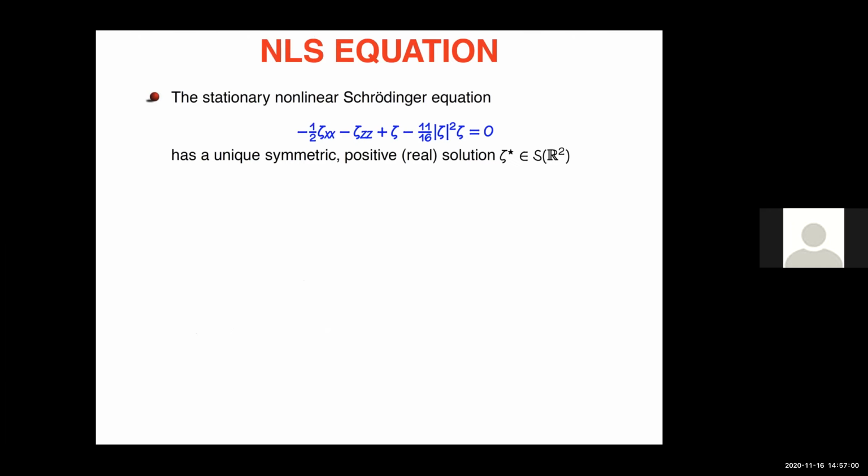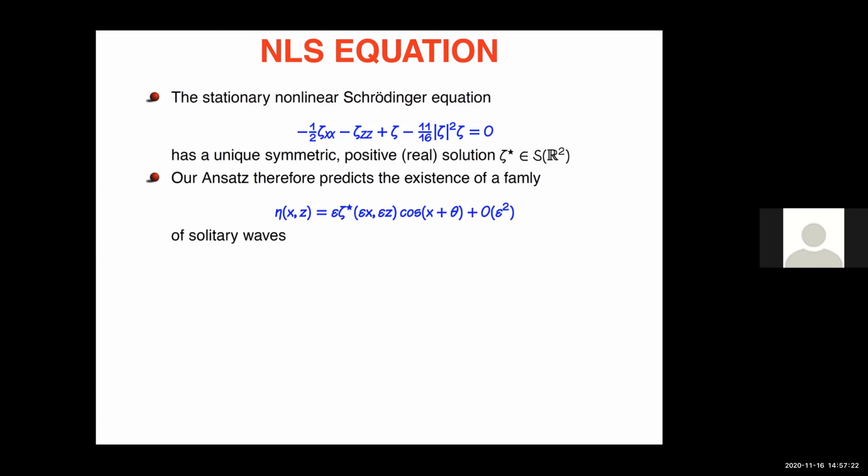Obviously, I can take the solution zeta star and multiply by e to the i theta for any value of theta, and this will also satisfy the equation. The equation is rotationally invariant with respect to the argument of zeta. So when I take zeta star e to the i theta and put it back into the ansatz we made for eta, we'll get, to leading order, a family of solitary water waves. Our ansatz therefore predicts the existence of a family of solitary water waves parameterized by theta,